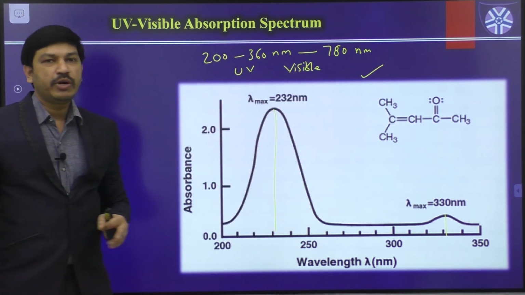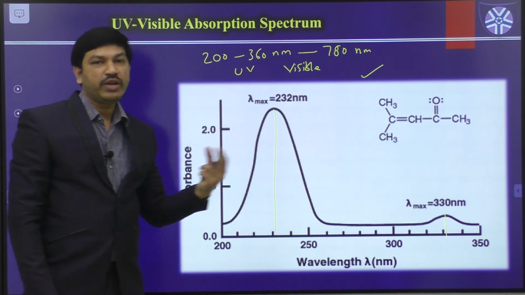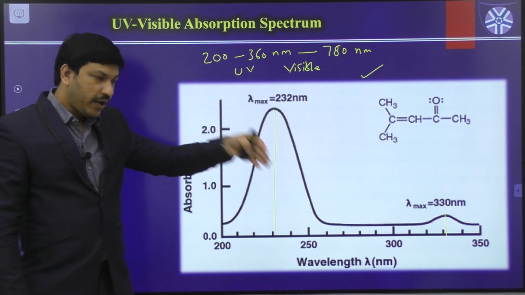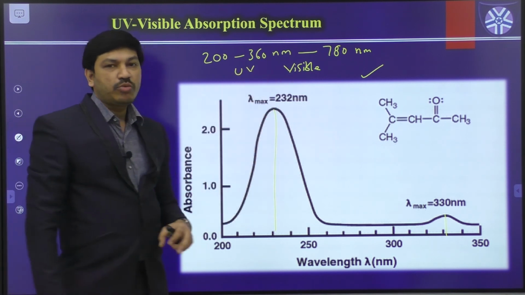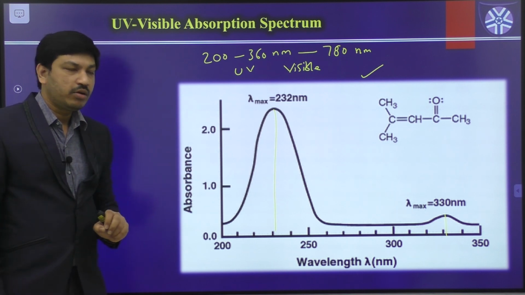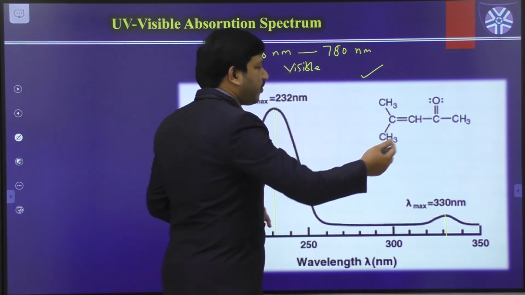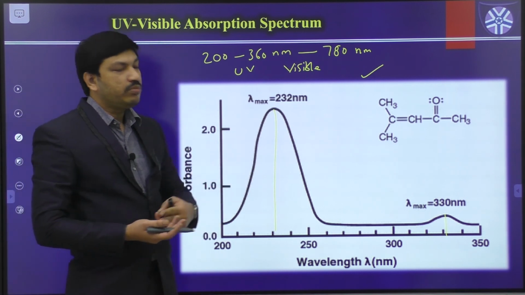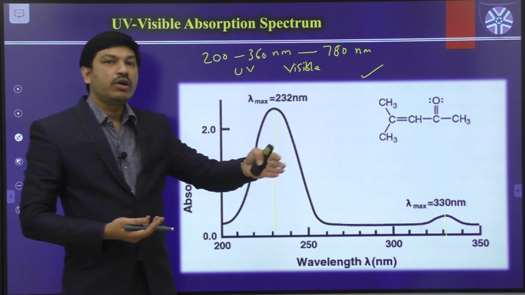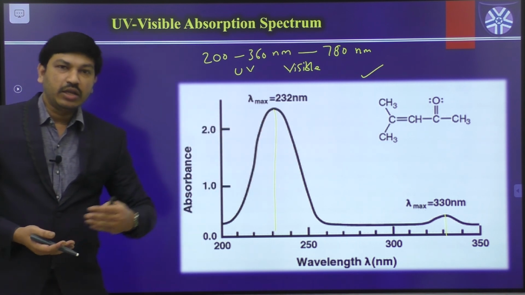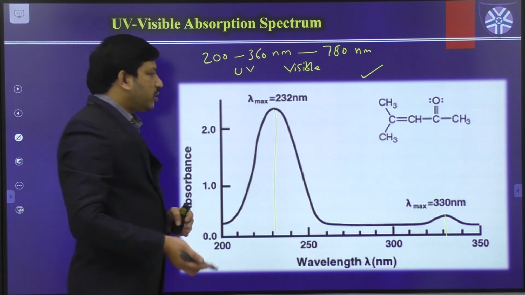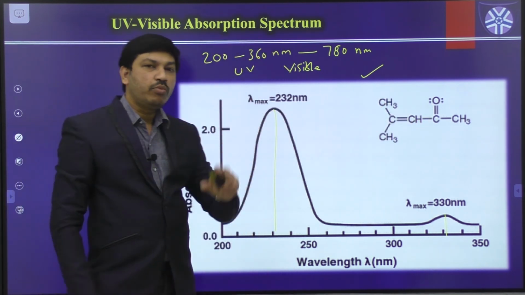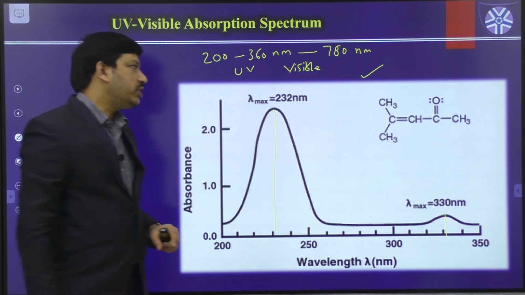So in UV-visible spectroscopy the source of radiation is UV and visible radiation. Whenever this radiation interacts with the unknown molecule, there is absorption of radiation depending on the type of molecule. We have different types of electronic transitions depending upon the type of bonding available in the given molecule, like sigma bonding, pi bonding. If that molecule contains any lone pair of electrons, then there is a non-bonding level. Based on that, different possible transitions are available in a given molecule, but among those the most possible transitions are the low energy transitions.